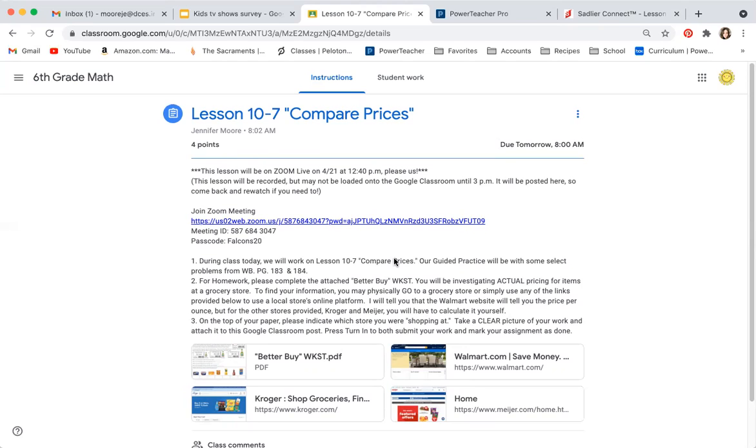So when you open today's, you're going to need to go into the Google Classroom to complete this as a resource. There's nothing to submit online, but this is where I placed all the resources that you'll need to get it done. So we're going to be comparing prices. You have the paper in front of you of some common grocery items. And they're going to take you through a couple of real world scenarios where you can purchase the same item